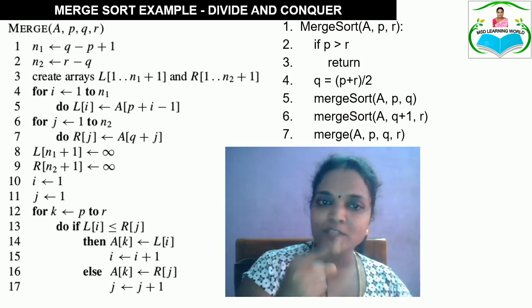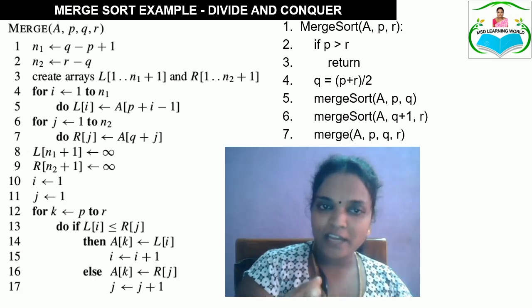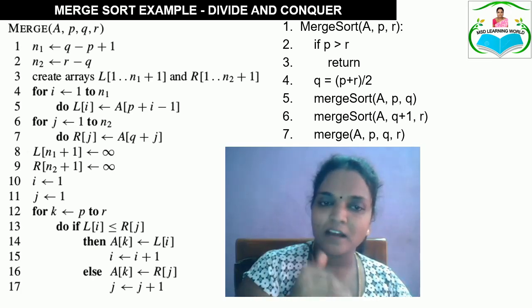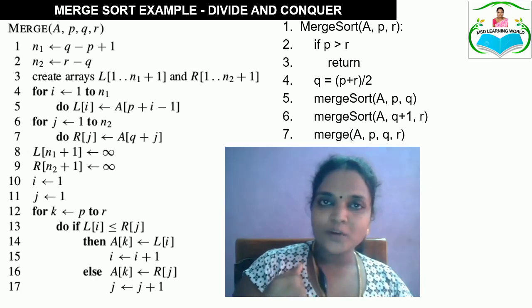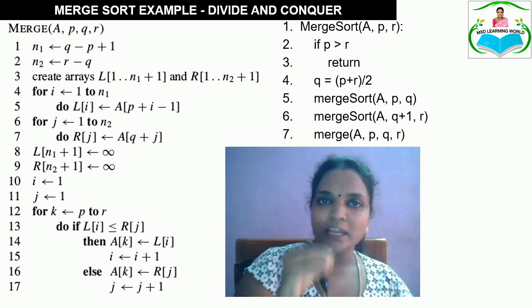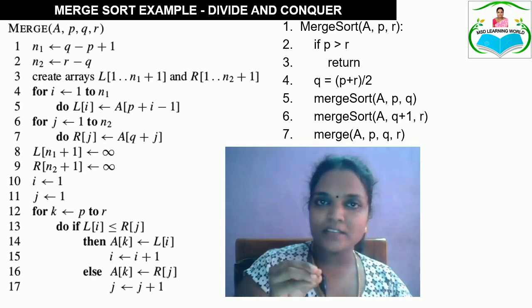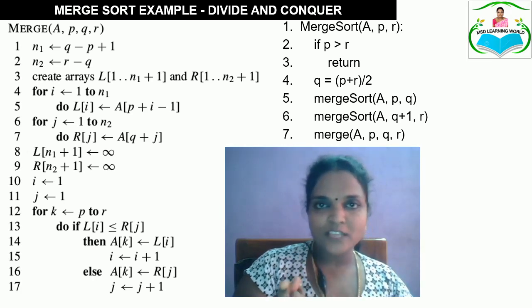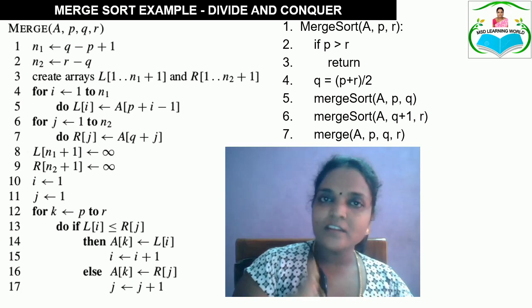So the i loop is used only for taking the elements from the array and placing them in L of i, and the j loop is for taking the elements from the array n2 number of times and keeping them in R of j. In the second loop, it is going to take the element from the left subarray and the element from the right subarray, and check which one is greater, whether L of i is greater or R of j is greater. If R of j is greater, then the greater element will be placed as the second element and the lesser element will be placed as the first element. That is what it is performing.